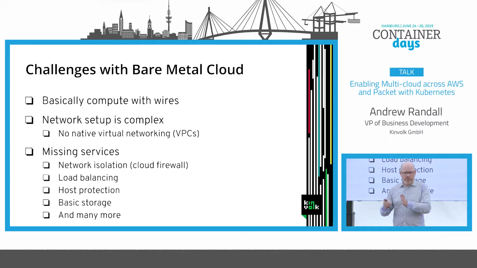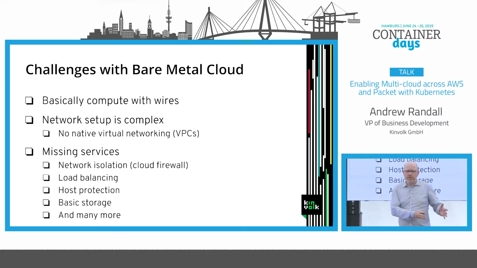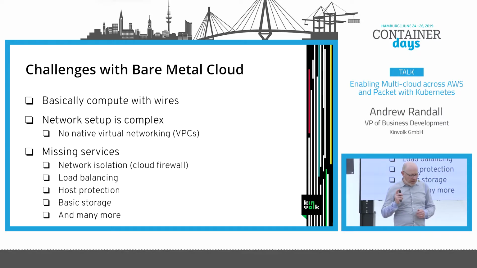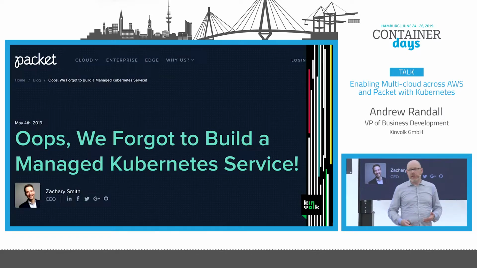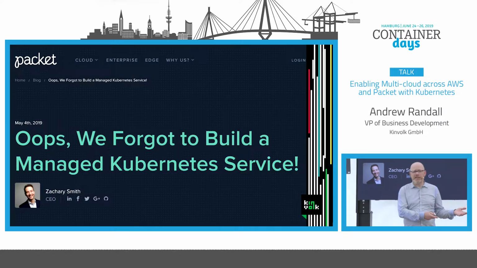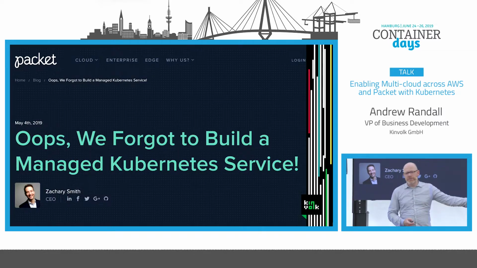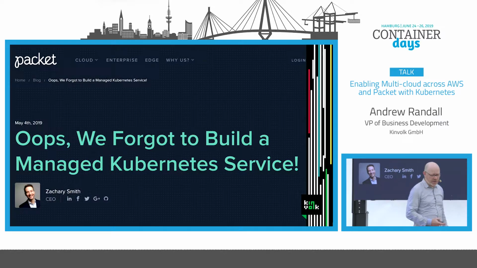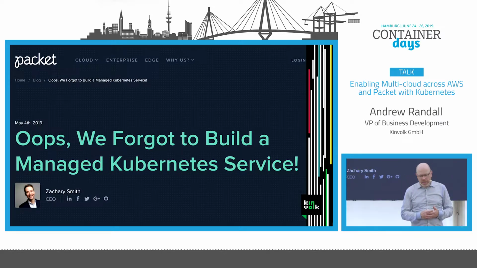They are what they are, and what they do really well. They're not going to give you these kind of services. The other service that they don't give you on this list is Kubernetes. Now, if you go to AWS, you can get the Elastic Kubernetes Service, EKS, from Amazon.